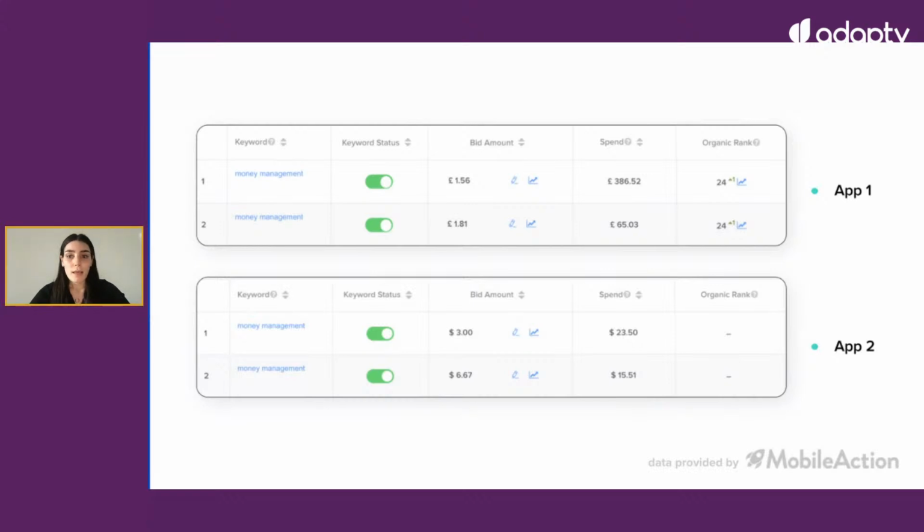And this app doesn't have any organic ranking for this keyword when we compare the first one. So when we check the reason behind this, we realize that the first app that has spending on the money management keyword with lower bids uses this keyword in its app metadata, while the other app doesn't use it at all. So it's important to include the high intent and related keywords into your metadata so that you can scale faster in Apple Search Ads. And this is a great example of how ASO and Apple Search Ads can accelerate each other